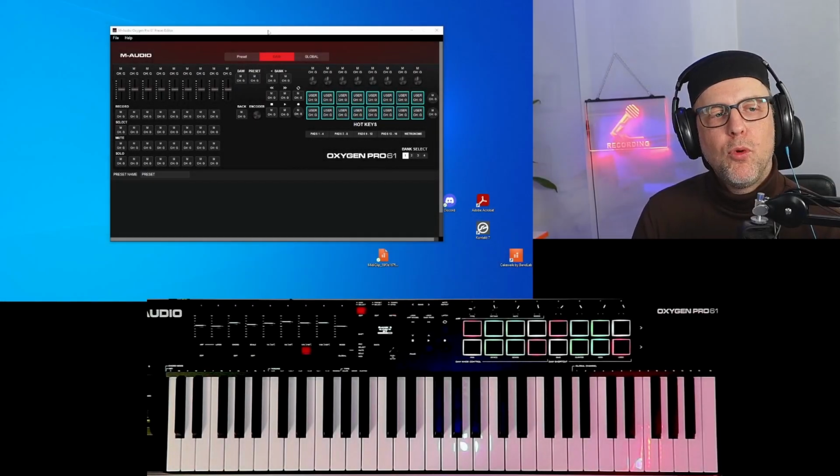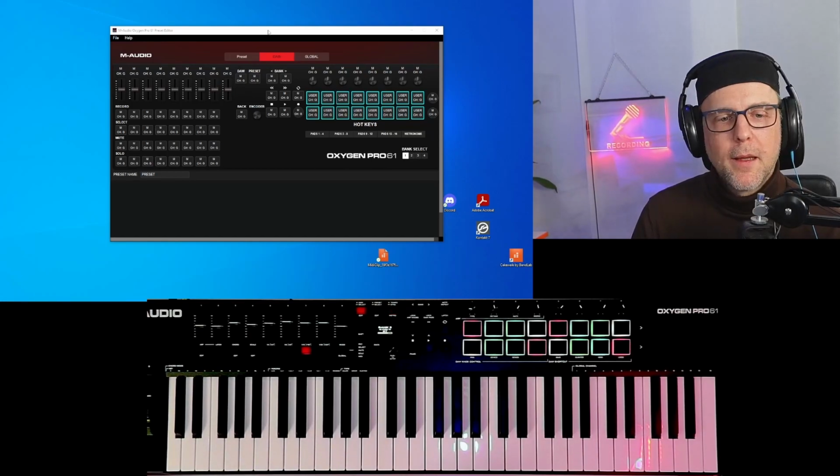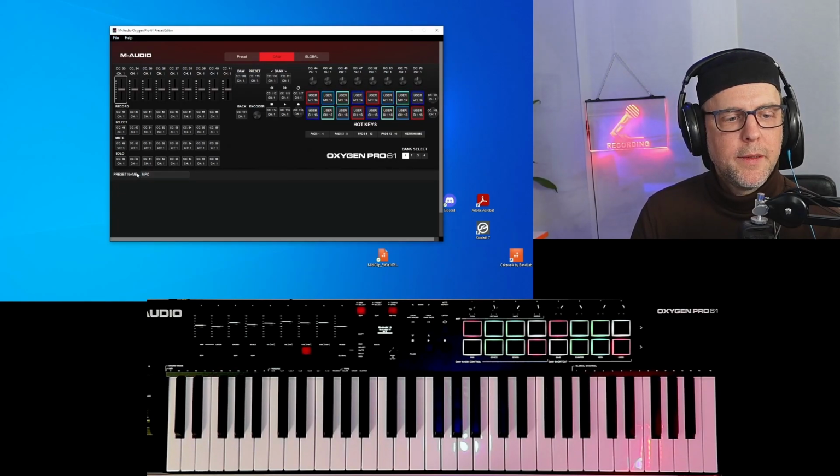I started the M-Audio Oxygen Pro 61 preset editor. You should have that software too. You can download it from the M-Audio homepage from your profile. So first thing to do is retrieve the preset in DAW mode. And as you can see, we now have the preset from our MPC preset loaded. And we already used channel 1 for mute. So we are going to use channel 2